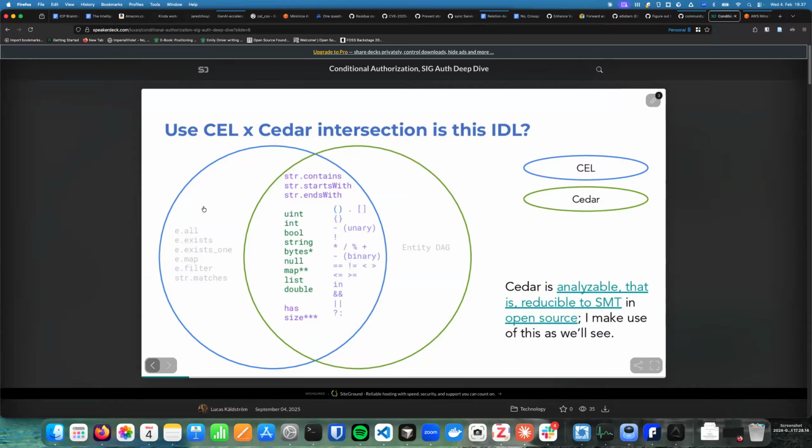Would it be possible for a policy that can only allow to support all of CEL, but then the deny policies only support the subset? Yeah, maybe, at least to some degree, I guess.